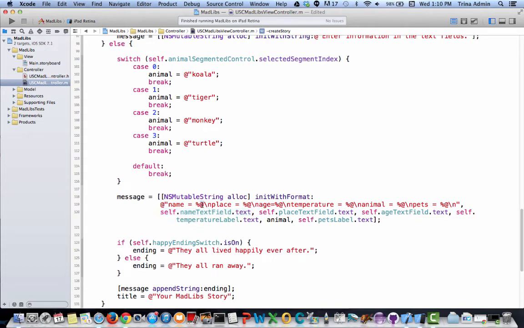Self.textfield.text replaces this first one here. The second one I'm replacing with place textfield.text, then age textfield.text. Don't get confused by these \n's. Those are just a way to put carriage returns in my message. I'm getting my animal. I'm first getting my temperature,